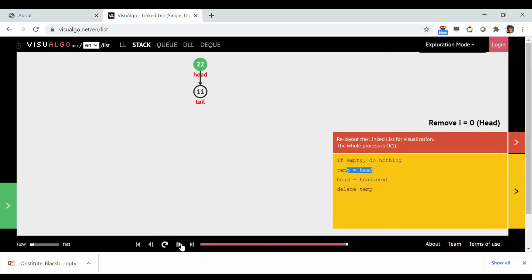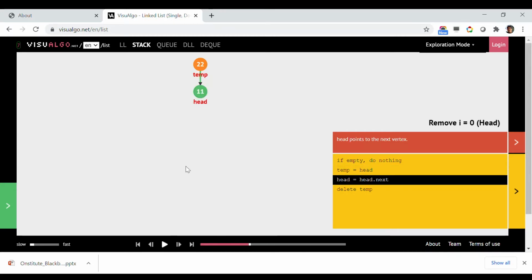The next time when you want to pop, you have to repeat the same thing. Here also, a temporary variable points to the head node or the head vertex. Next, head will start pointing to the next node, and then